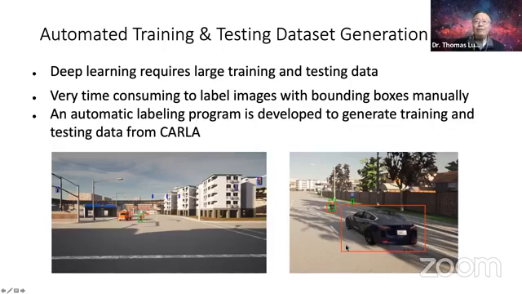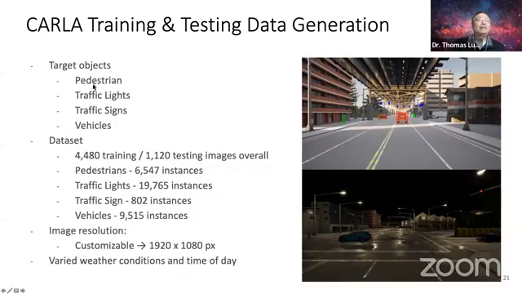So very quickly we can generate pedestrians, traffic lights, traffic signs, vehicles, thousands of them, quickly and automatically. And then we can train the neural networks to recognize objects. And then we test it with real videos. Actually, they work quite well